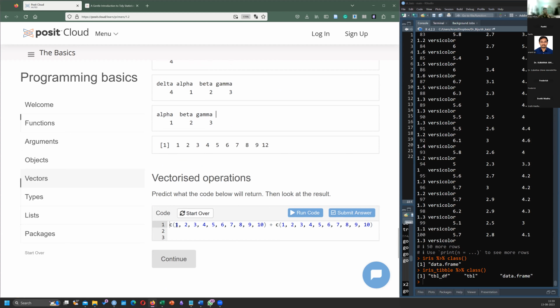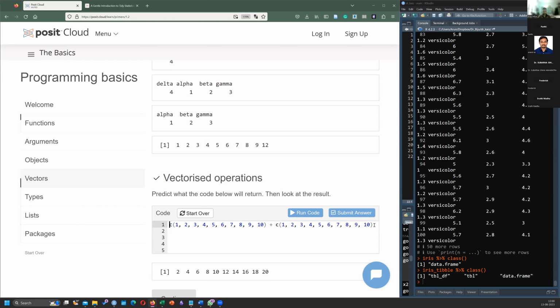One other thing is that in additions, when you're adding two vectors, it will do an element wise addition. So 1 will be added to 1, 2 will be added to 2, 3 will be added to 3, and so on. If I run the code, it's 2, 4, 6, 8, it's double, right? But now the question can be if I want to.